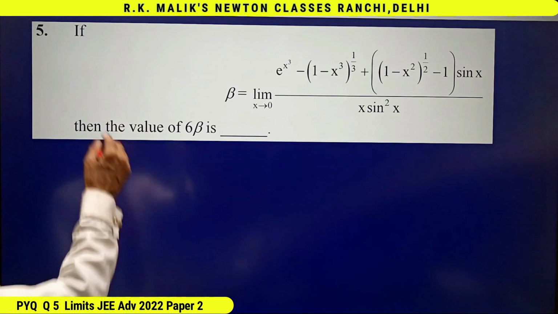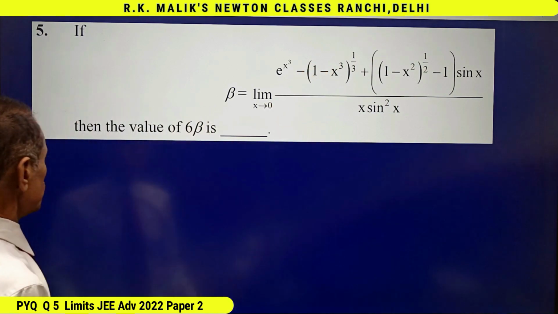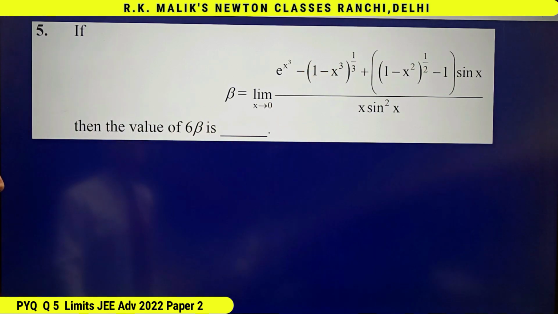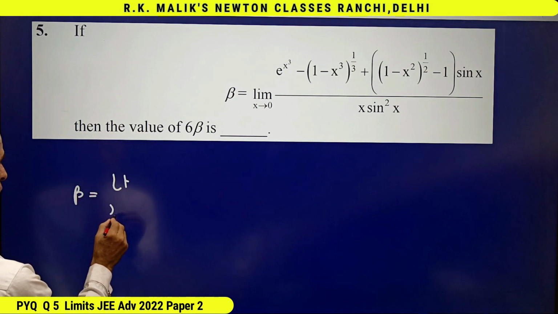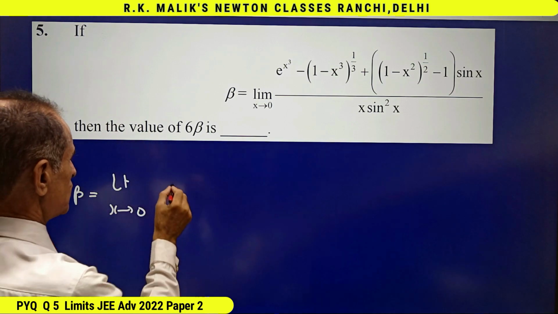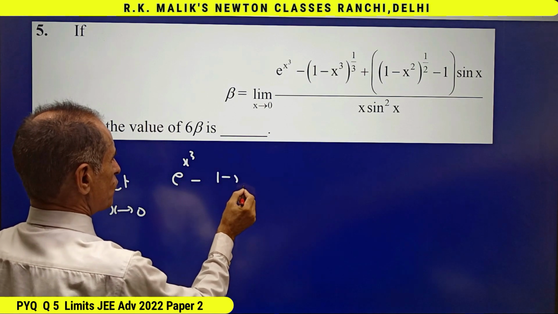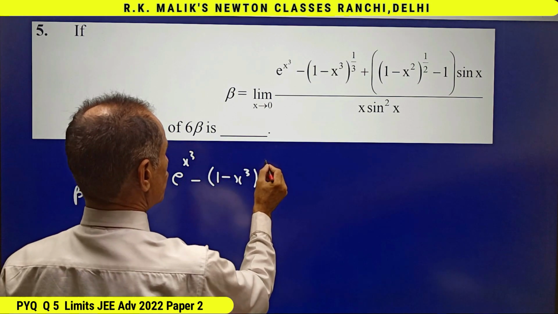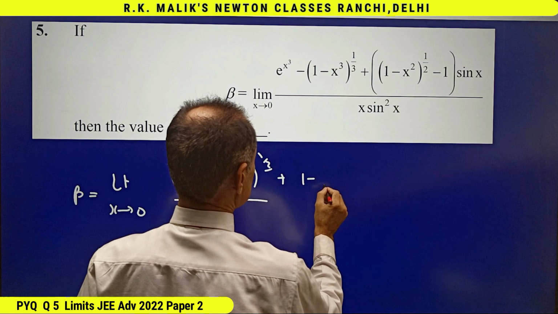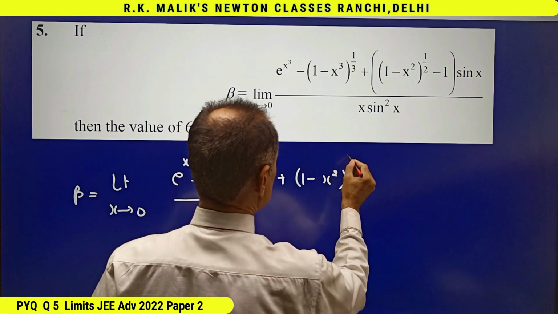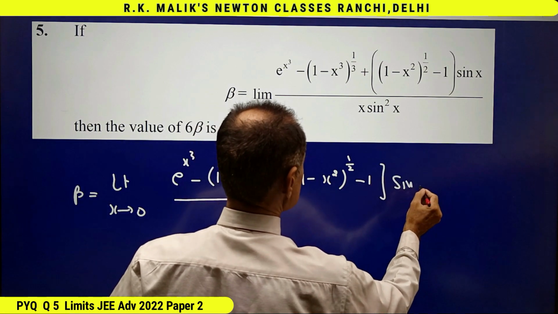In this question, it is given that if beta is equal to the limit of this as x tends to 0, then the value of 6 beta is. Clearly, beta is equal to limit x tends to 0 of (e to the power x cube minus (1 minus x cube) whole to the power 1 by 3 plus (1 minus x square) whole to the power 1 by 2 minus 1) into sin x